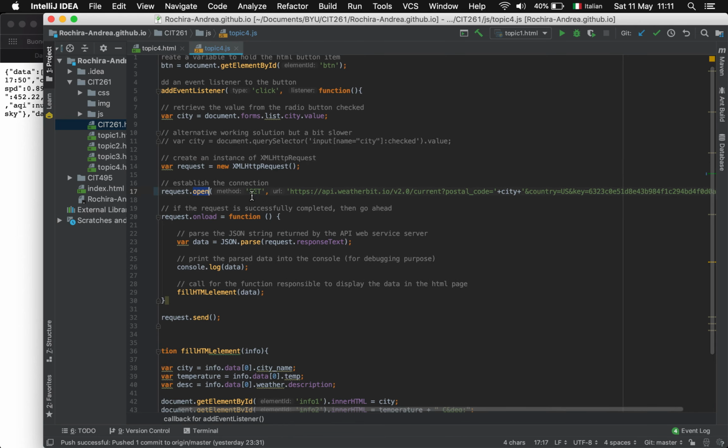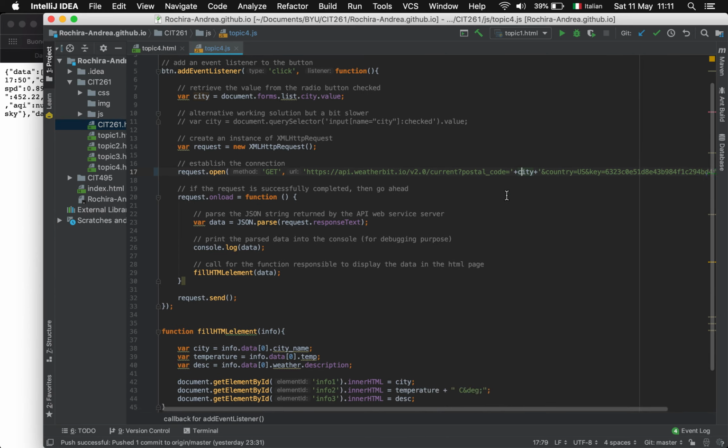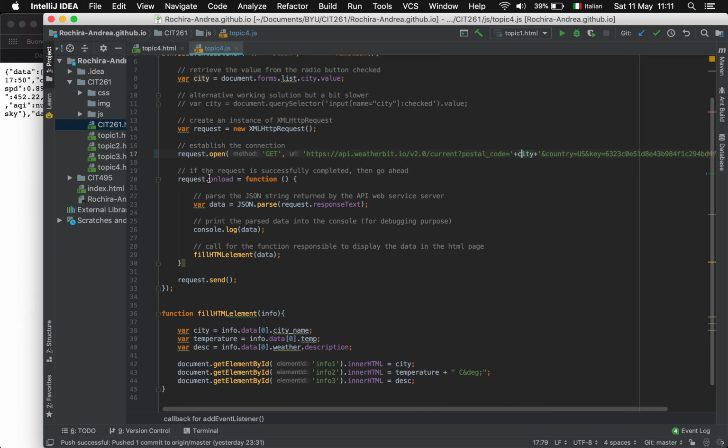We use the open function, the get method, and the string, which is made by concatenation. According to the city I selected, I have this value concatenated in between, and then I have a callback function on load,